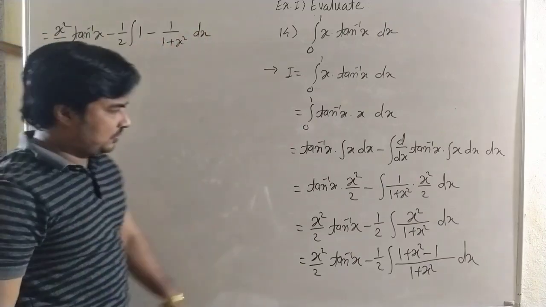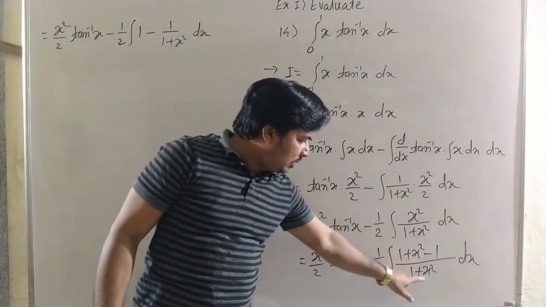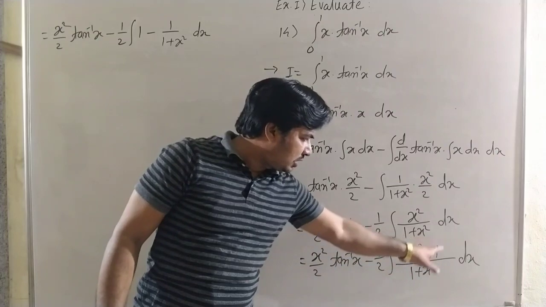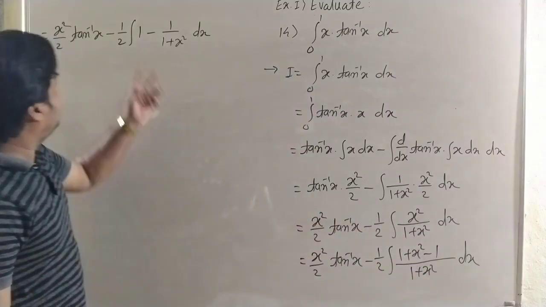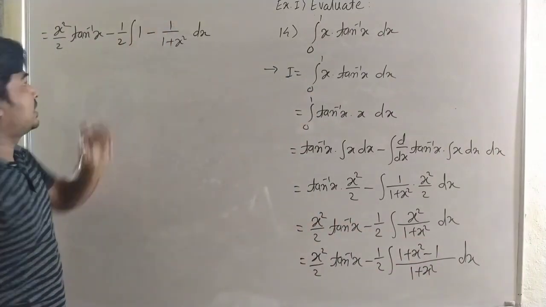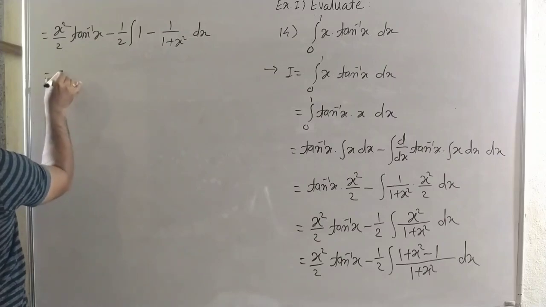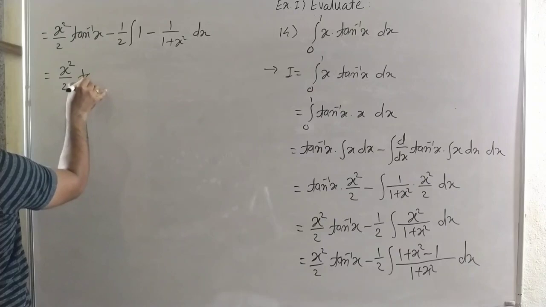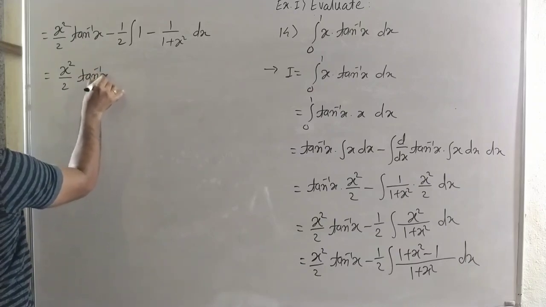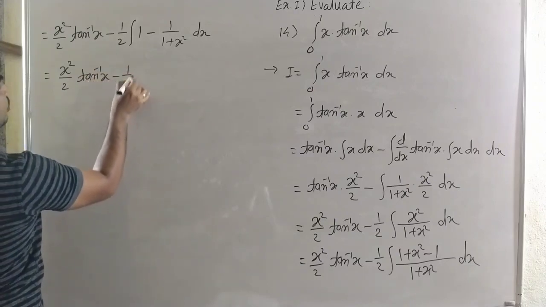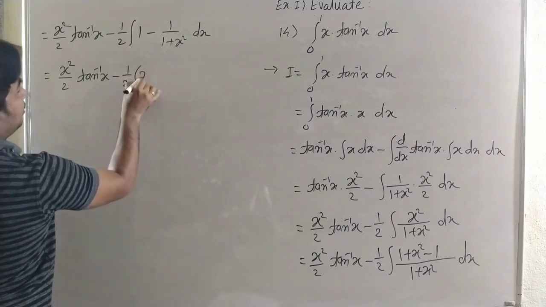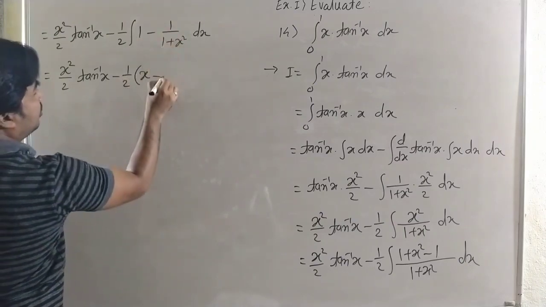Okay, see carefully this. It is (1 plus x square) upon (1 plus x square), it is 1, and minus 1 upon 1 plus x square. So we can write it is 1 minus 1 by (1 plus x square). And now the integral is x square by 2 tan inverse x minus 1 by 2 into the integral of 1, it is x, and minus 1 upon 1 plus x square, it is